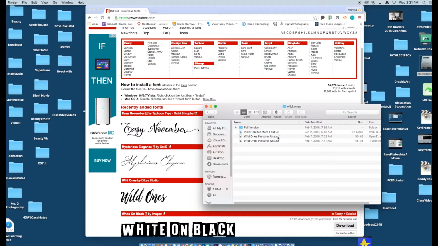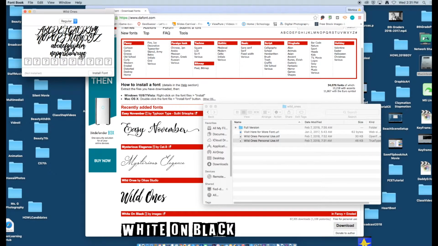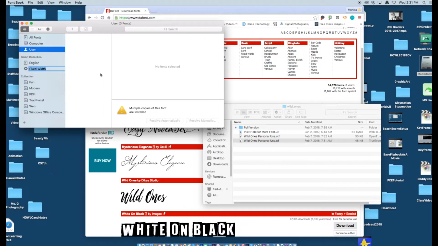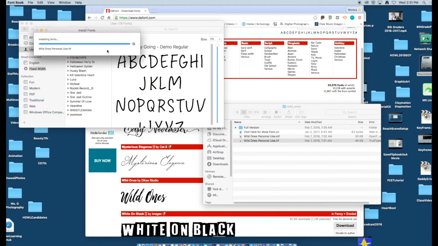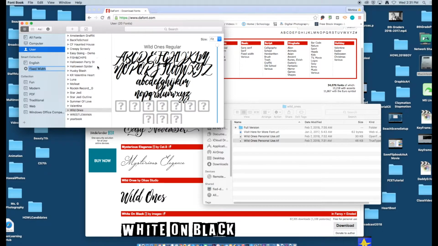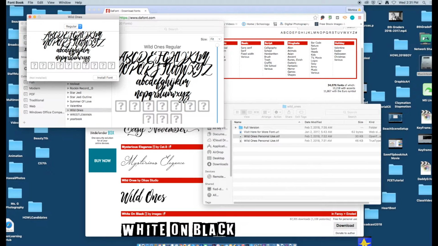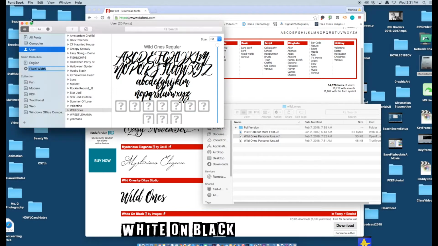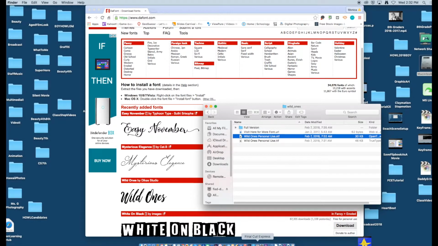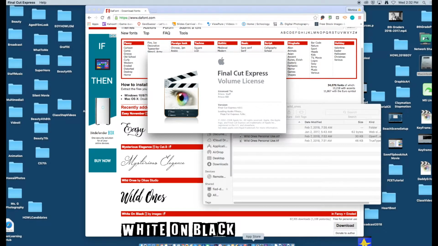And what you're going to look for is anything that says the name of the font plus .ttf or .otf. I can install both of these. So I'm going to go ahead and install the TTF. Double click it. It's going to bring up this window, and I'm going to choose Install Font. Okay, the font is installed. I'm going to click the OTF to see. Sometimes there's a difference. You really can't tell on this one. So, okay, I have the font. It's called Wild Ones. So now I'm going to go back to Final Cut, open it up, open the file,